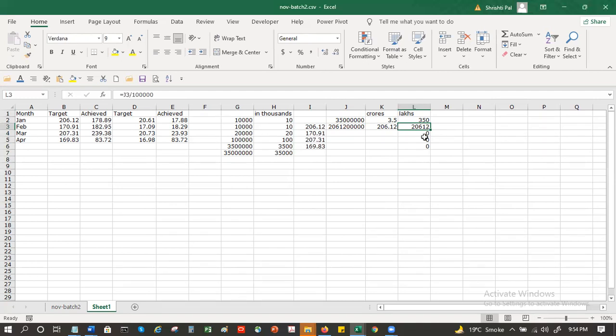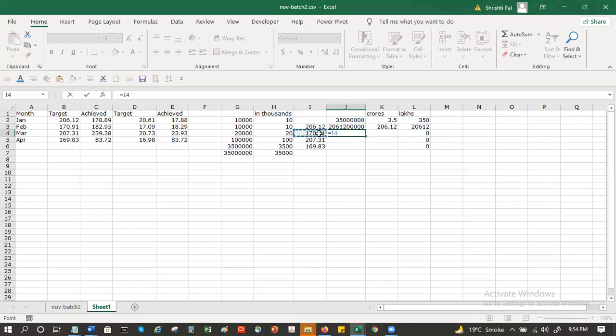Same thing, if I now convert this here, actually what I am doing is multiplying this number, whatever number I have, by 7 zeros.